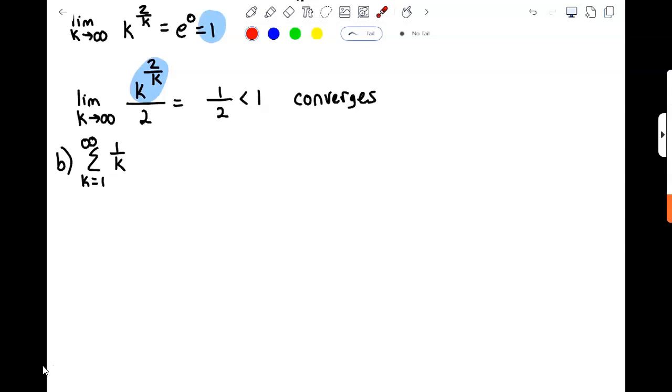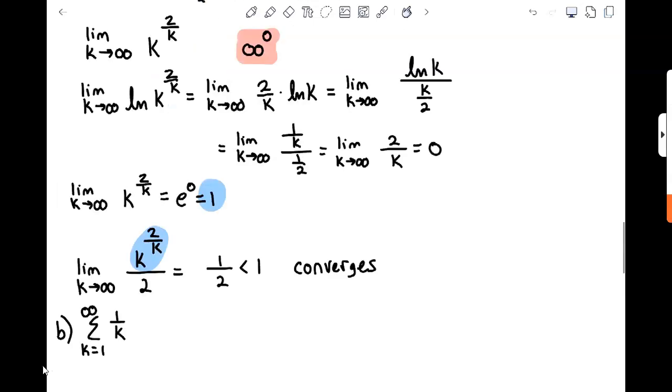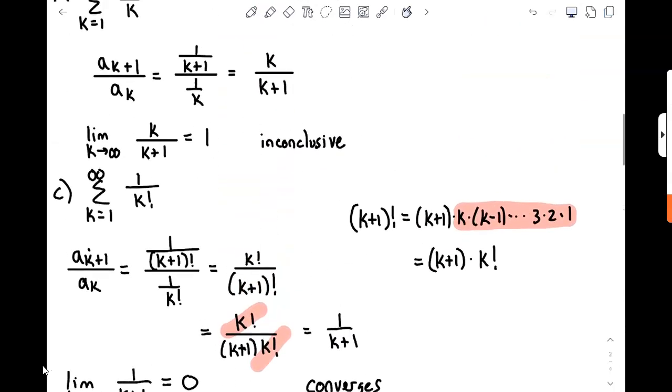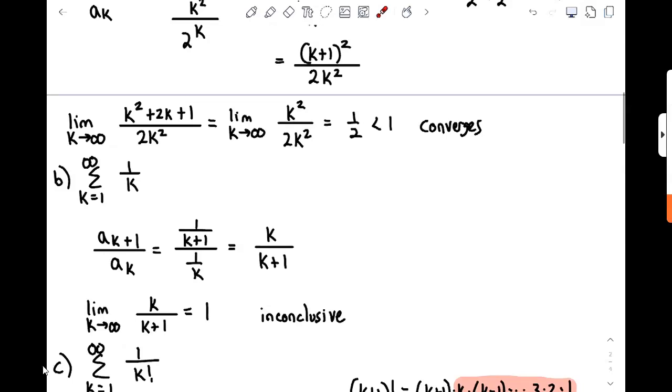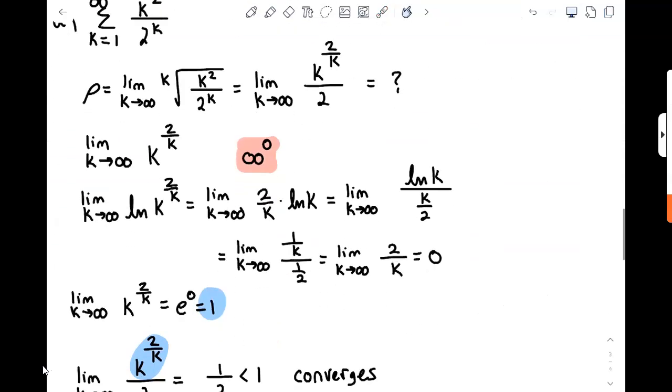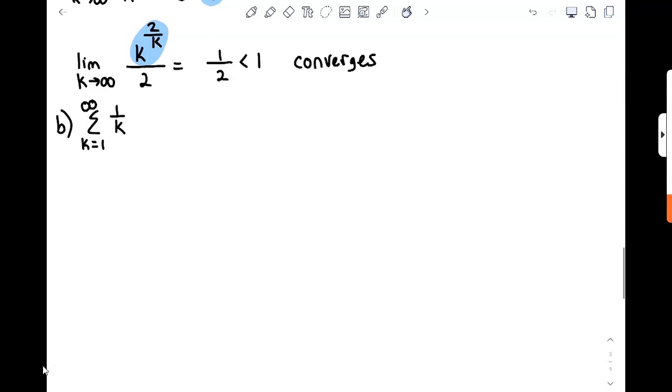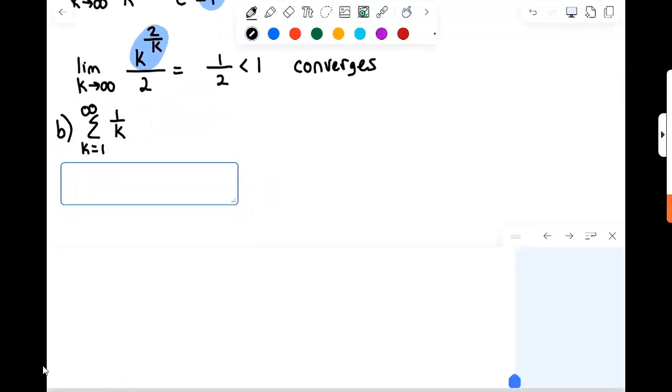Does it fall short? That kind of becomes our question, because remember with the ratio test, when we did this, the ratio test with the harmonic series landed us in an inconclusive result. So does the root test also have that same limitation, or does it actually succeed where the ratio test failed? So once again we compute our limit